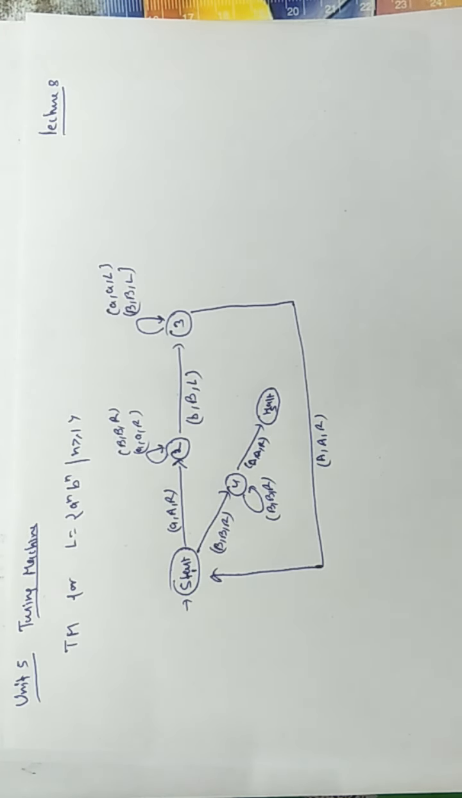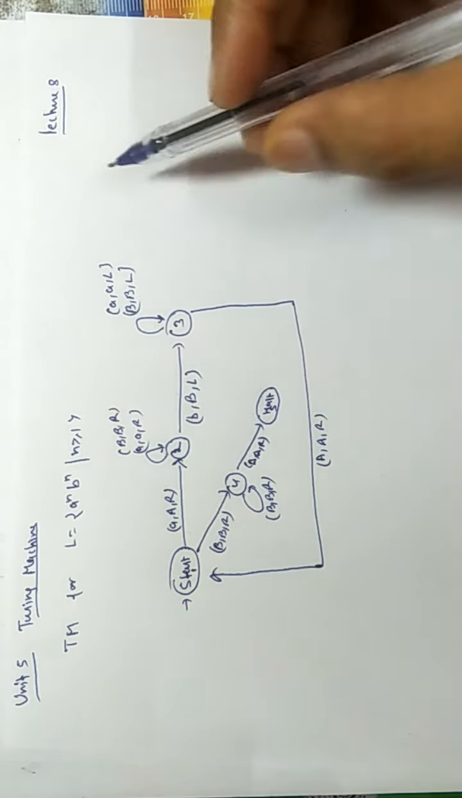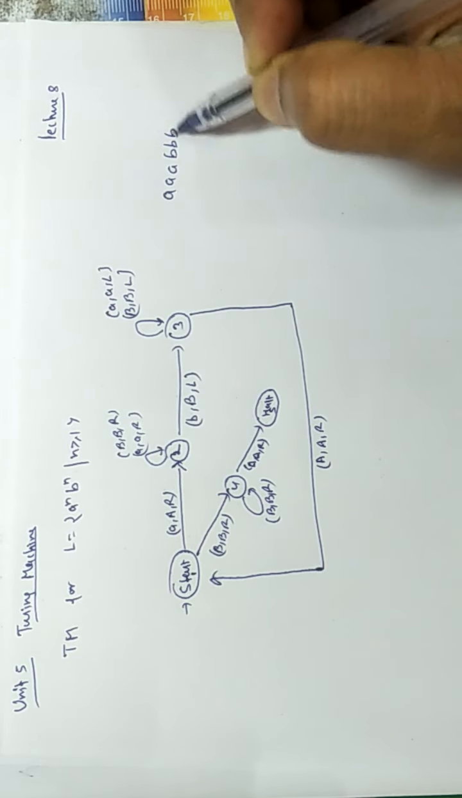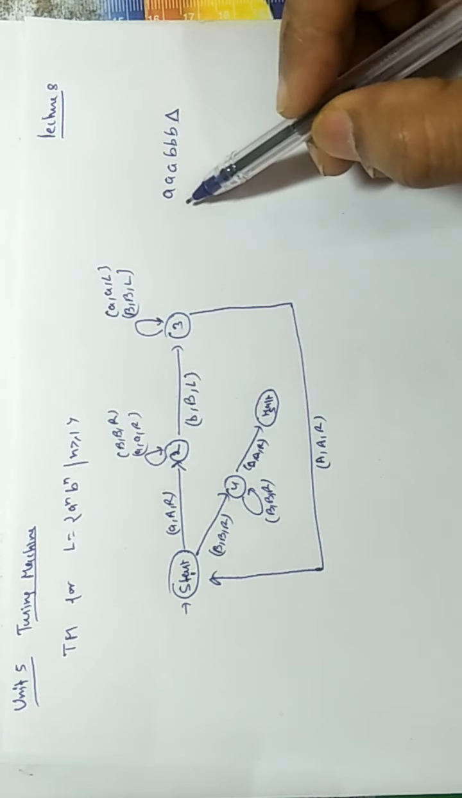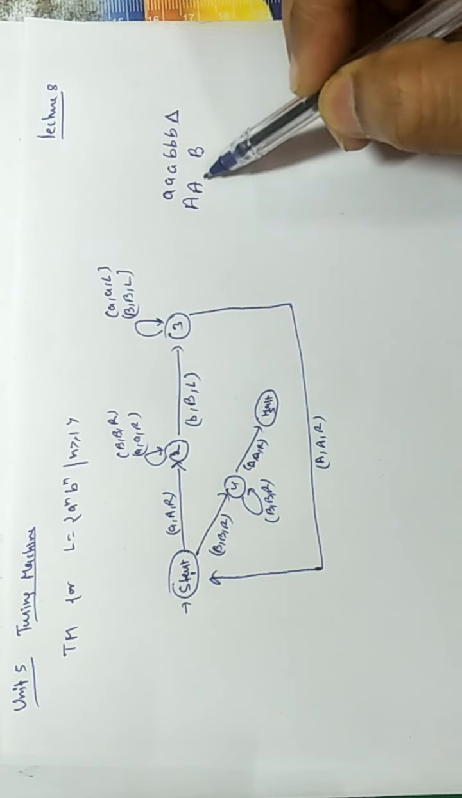Welcome everyone to lecture 8 of unit 5. In the last lecture we designed a Turing machine for the language L = a^n b^n, n ≥ 1, and we built a logic that we mark 1a here and move forward, mark 1b here and move backward, mark 1a here, then move